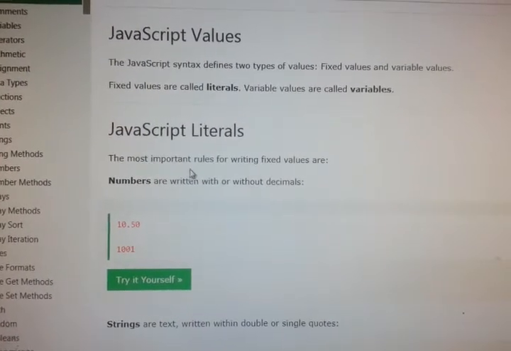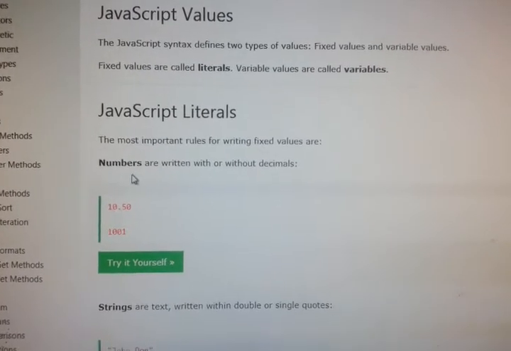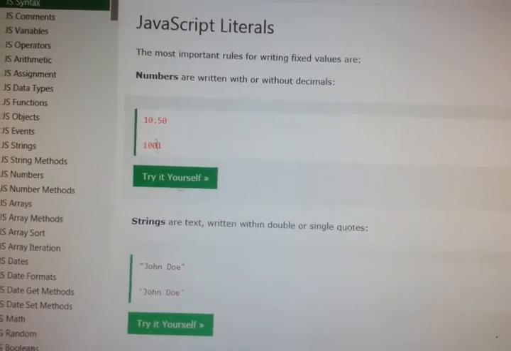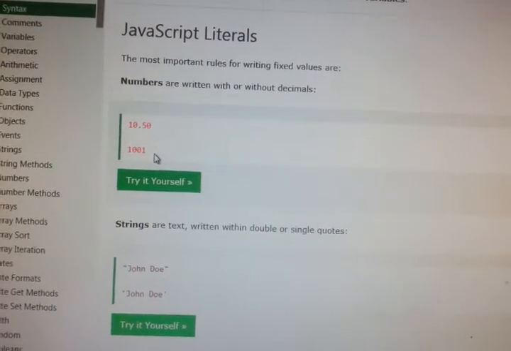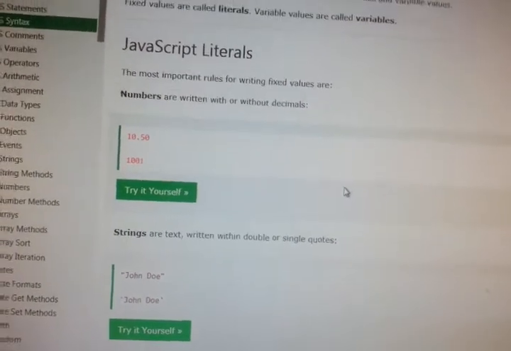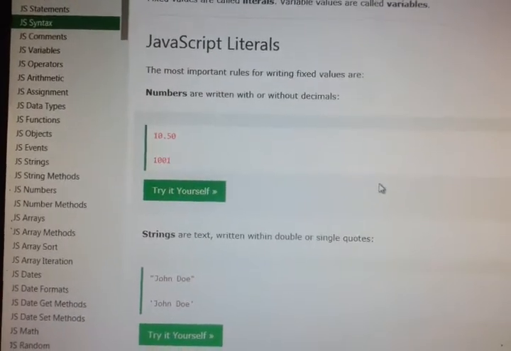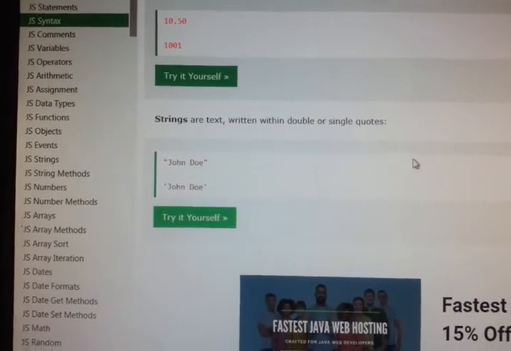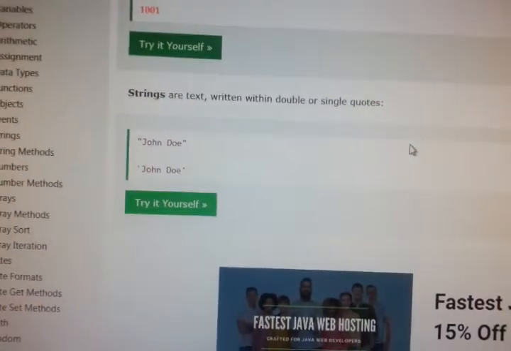The most important rules for writing fixed values are: numbers are written with or without decimals. 10.50 and 1001 are examples of literals. In the earlier program we wrote 5 plus 6, that is also a literal. Then strings can be written within double quotes or within single quotes.